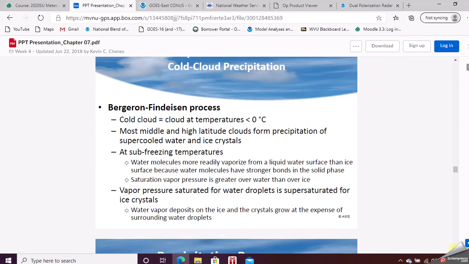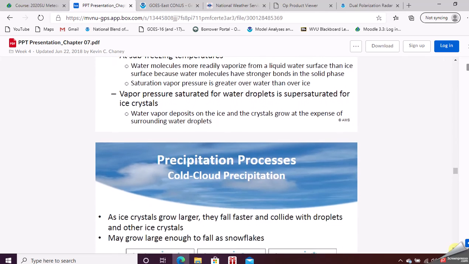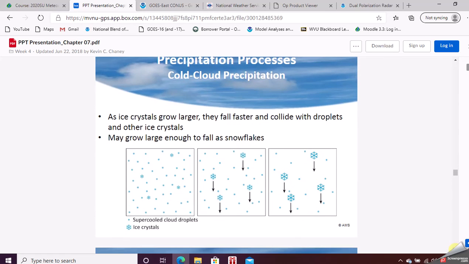Bergeron-Findeisen occurs in cold clouds. Cloud temperatures usually have to be around -8, -9 to begin it. What happens is ice crystals begin to grow. Say there's one forming here, one forming there. Well, what did we learn in the last chapter? That the saturation vapor pressure is less over ice, so the relative humidity is greater over ice.